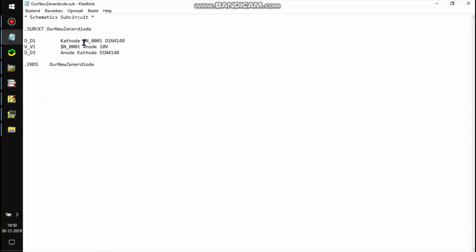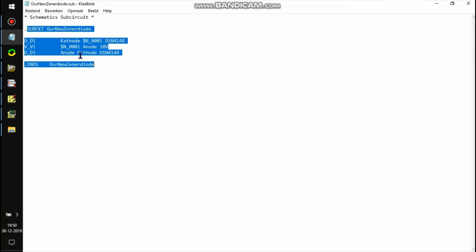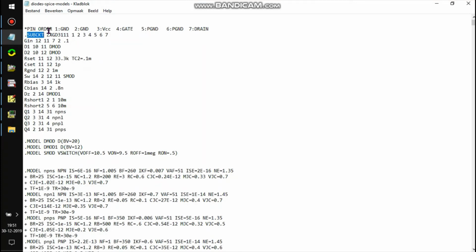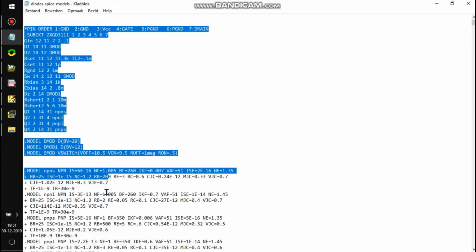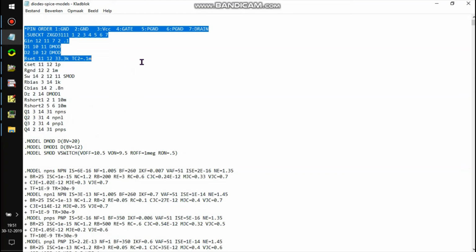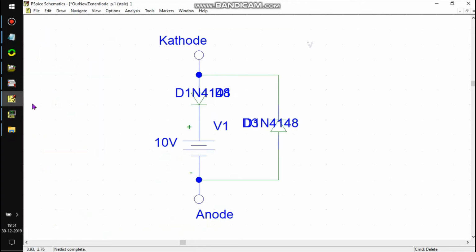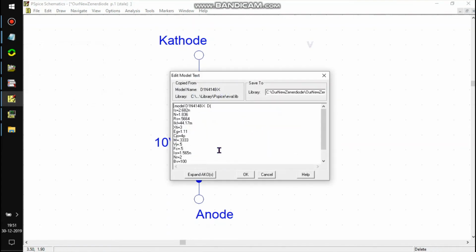So, we just created a subcircuit, just like all those professional vendors made a subcircuit, but they have added much more components, and they have changed all those model parameters from measurements.